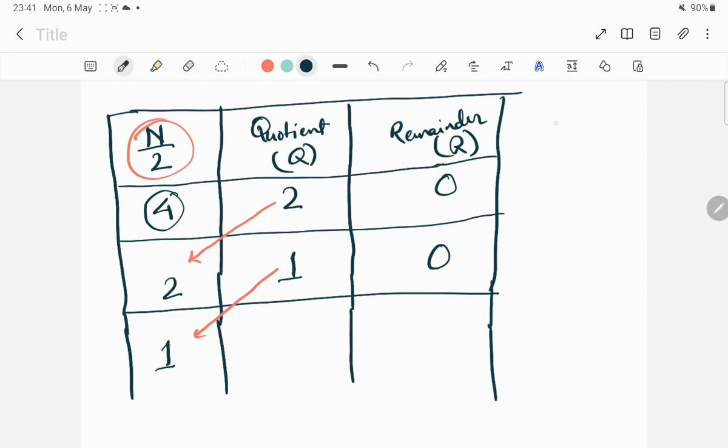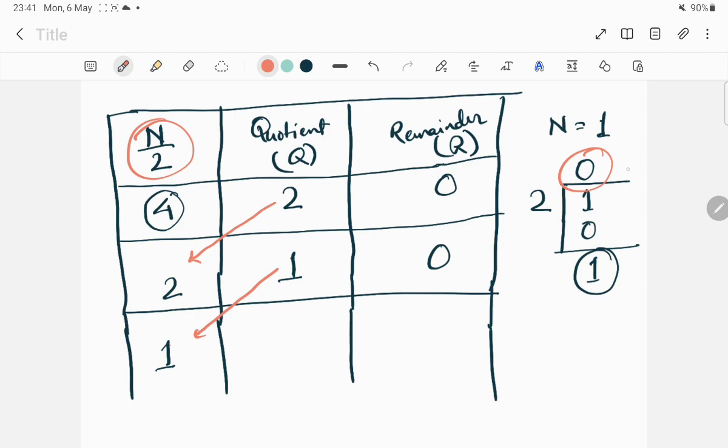So now our n is equal to 1. Therefore 1 has to be divided by 2. Fine. So you cannot divide 1 by 2. You cannot get a whole number. So the remainder will be 1. This is not the exact way we should do it, but yes, this is a way